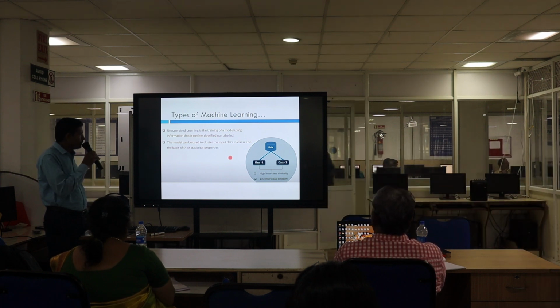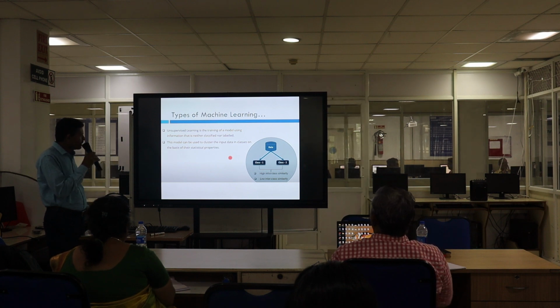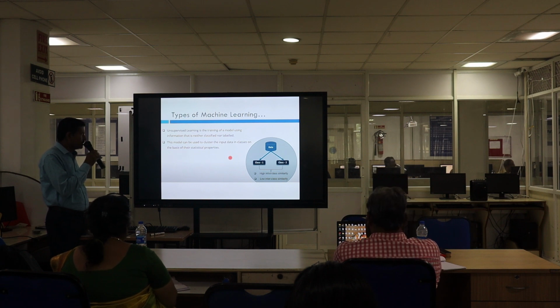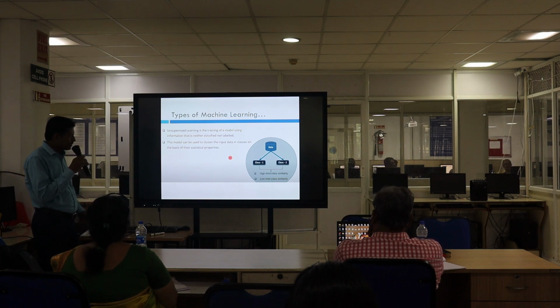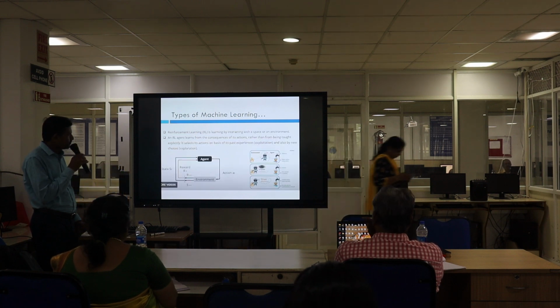The X value and Y value will be picked from the existing data, so that this model can be used to cluster the input data in classes on the basis of their statistical properties. So we are segregating the data into several classification patterns. From that, we are predicting the output.